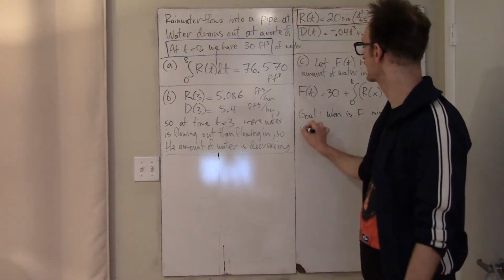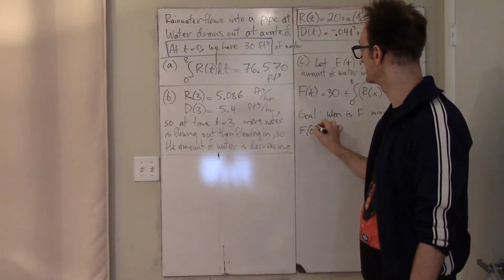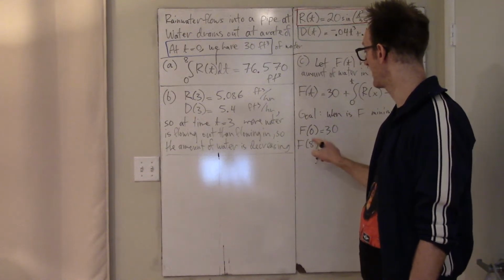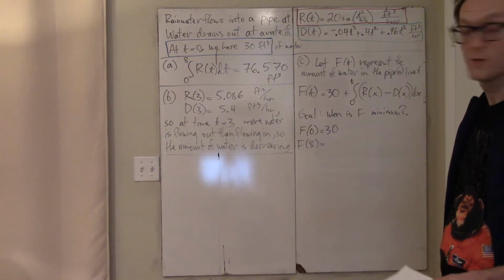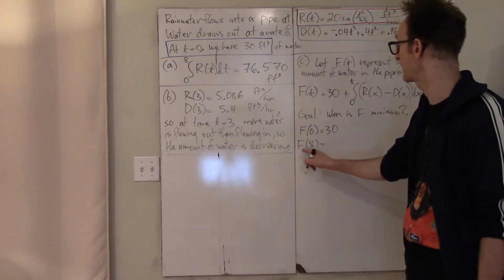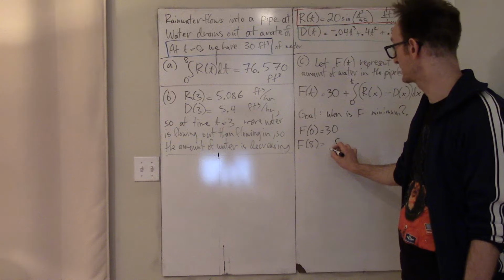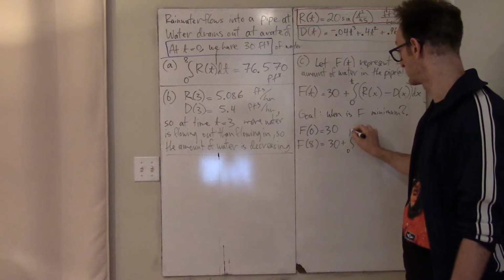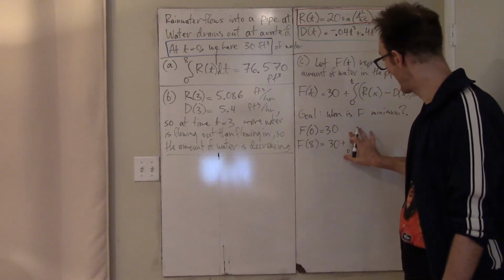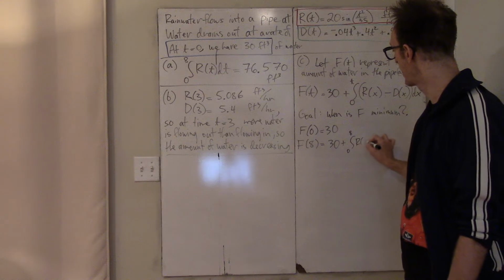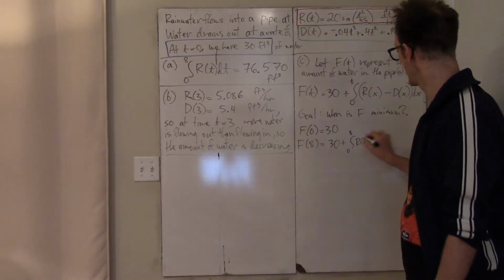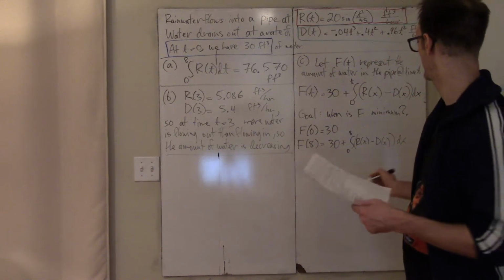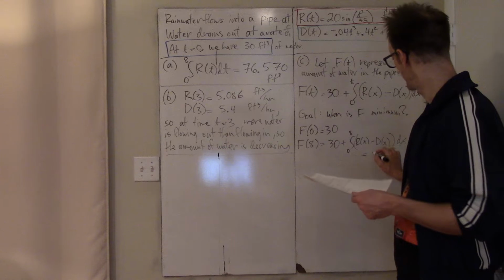Okay, and so what we need to compute is, what is f of 0? Well, that I know already, it's 30. What is f of 8? That's the total amount of water in the tank at the end of the day, which I haven't calculated yet, so I'll just do that right now. It's going to be 30 plus the integral from 0 to 8 of r of x minus d of x, and I don't know what that is, so I'll just leave that. I guess I have it on my paper. According to my paper, it's